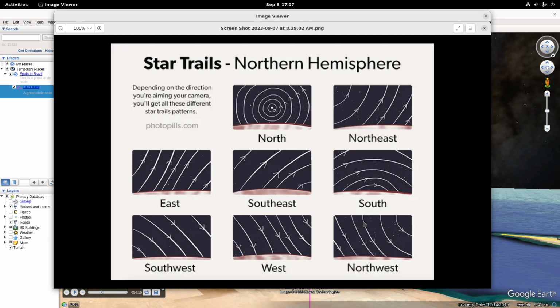So if we can assume that the star trails shown in these diagrams are in fact representative of reality,